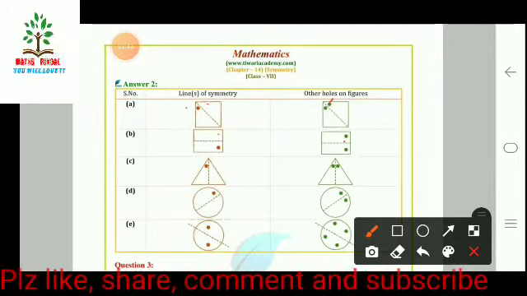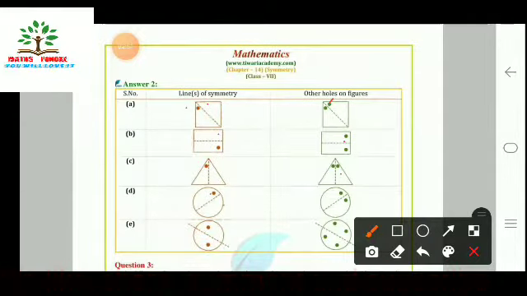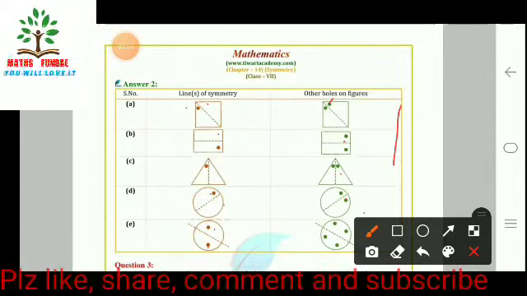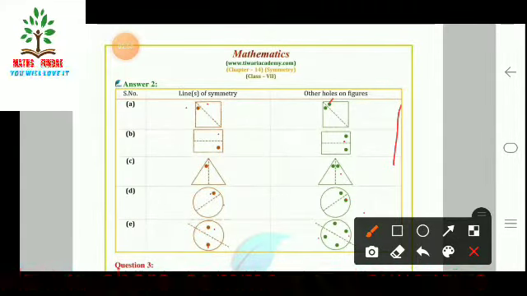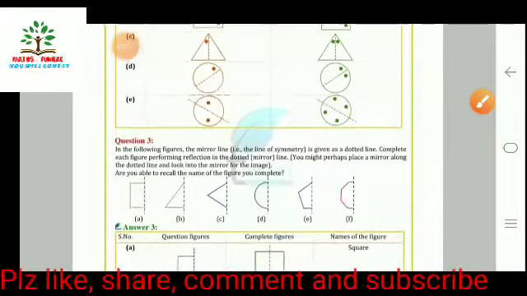Likewise here, 1 is given here, so 1 should be here to make it symmetrical. So 1 is here, 1 will be here, to make it symmetrical. Likewise, 1 is here, 1 is here, so how to make it? So 2, 1 this side, 1 this side, we have to make it like this. Okay, then question number 3.